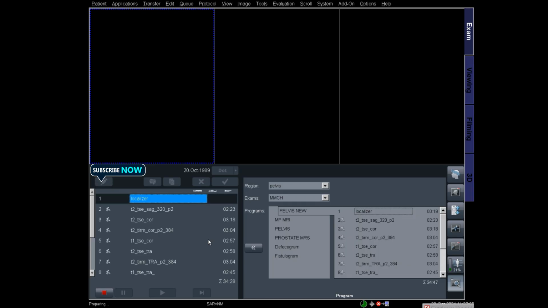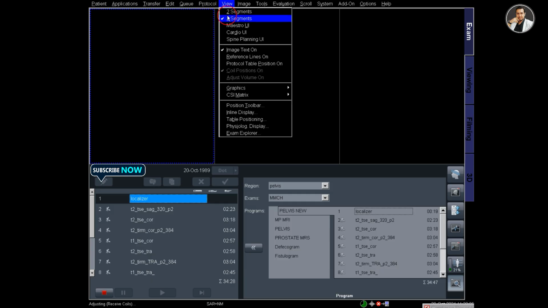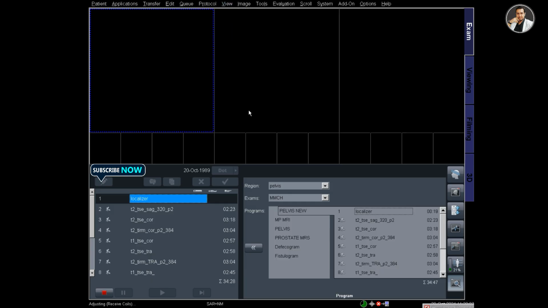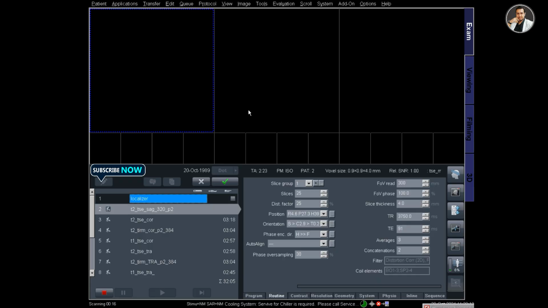Select the pelvis protocols. And now the localizer is running. I have changed the view from the view option.